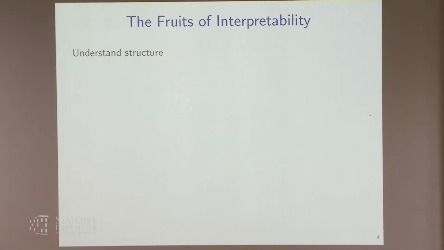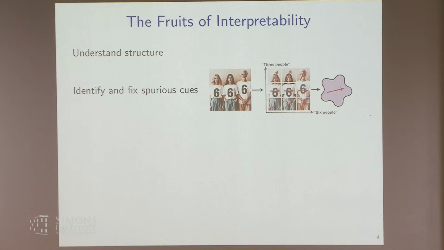Why would it be useful to be able to do these things? Well, one is you might be able to identify and fix spurious cues. So an interesting example of this is that if you show CLIP this image and ask it how many people there are, it actually thinks that there's 6 people. Why is that, you ask? Well, it turns out that there's an attention head that is generally about numbers,